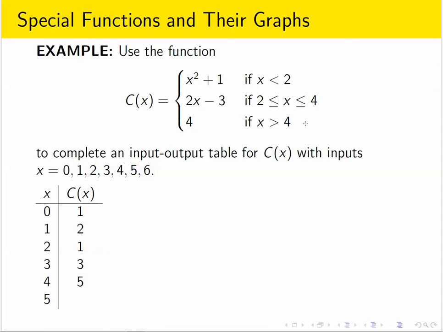Plugging in a 5, now I've moved down to the bottom row because I'm plugging in an x value that's bigger than 4. And the output is just 4. And the same thing happens when I plug in a 6. I use the bottom row, and the output is